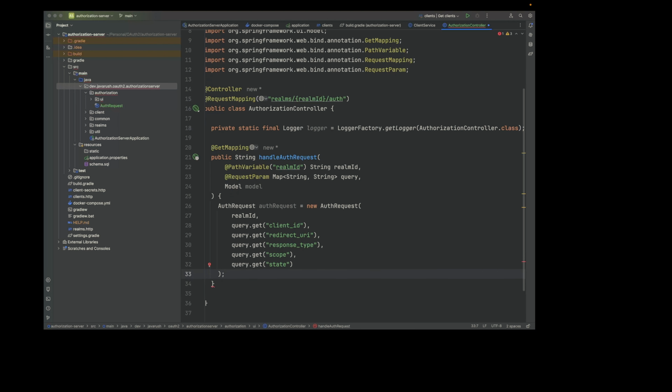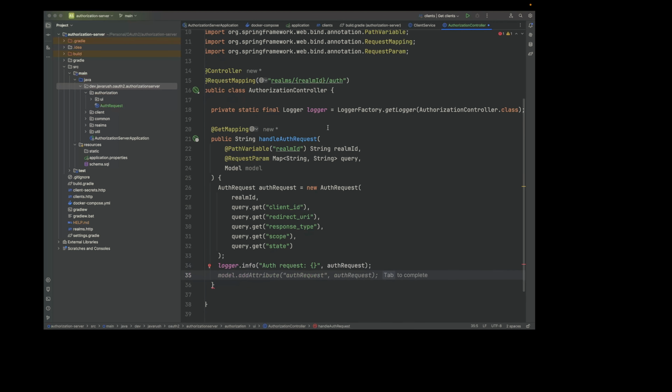So we have created auth request here. Now let's log it. So logger.info. I will just log the auth request. Instead of this, I will say auth request. Now after this, we need to validate whether this is correct or not. So for that, let's create